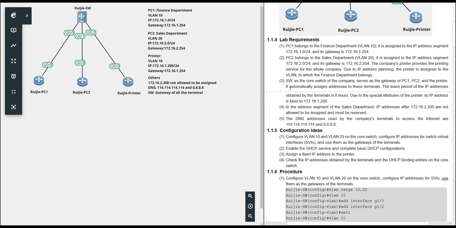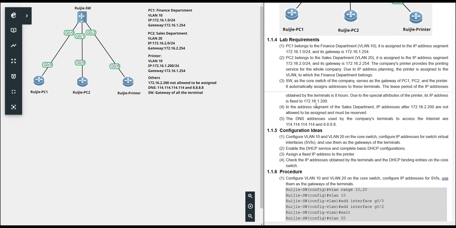And about the switch. The switch is the core switch of the company and also serves as the gateway of the PC1, PC2, and the printer. And this switch also needs to provide the function to automatically assign addresses for these terminals. And because we have some special attributes of the printer, the IP address 172.16.1.200 is fixed.